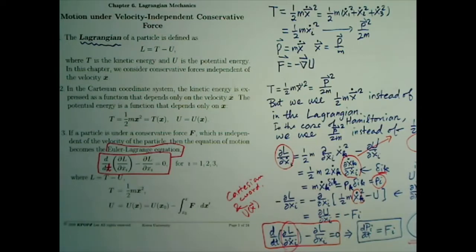The difference between Newtonian mechanics and Lagrangian mechanics is that the equation of motion is the beginning point of Newtonian mechanics: F equals ma. The double time derivative of position is related to the force applied to the system. The Euler-Lagrange equation is equivalent to the equation of motion of Newtonian mechanics. The different thing is that